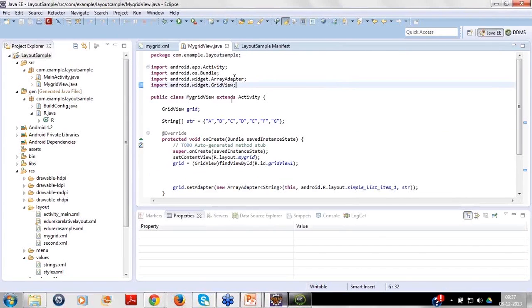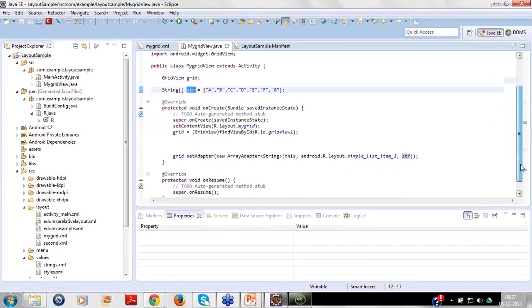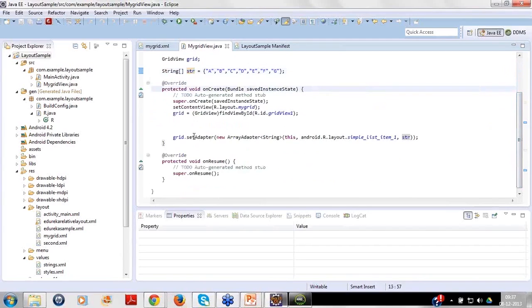In the class which I have created, first of all, I have declared a grid. That's a grid which I have created. I have given the string array declared over here. In the onCreate option, I have given setContentView to connect the layout file with mine, and